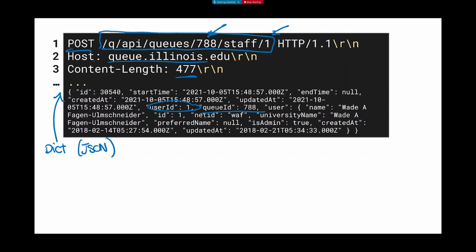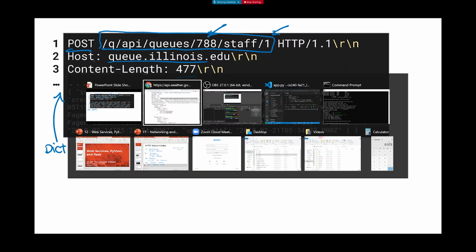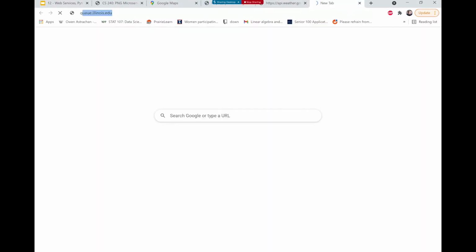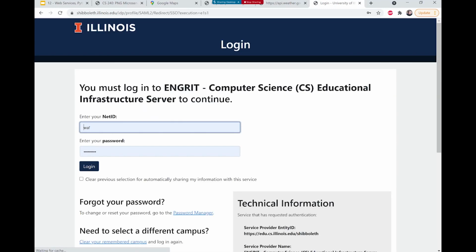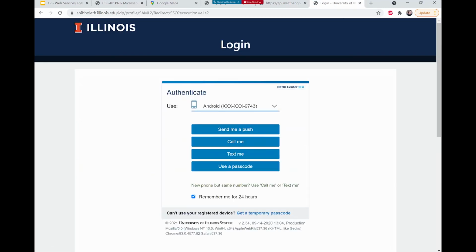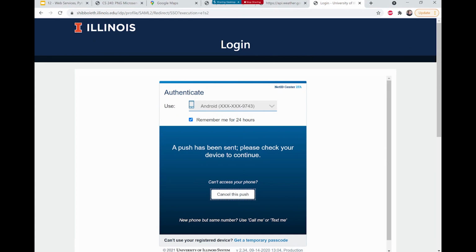So what we can see is every time you make one of these requests, the beautiful thing is Chrome actually shows you the request that's being made. So this is one of the great things about web services. You can actually inspect how real web services work. So if I go to the queue, I can actually see this packet. So if I go to queue.illinois.edu, and if I log into the queue and do the 2FA,